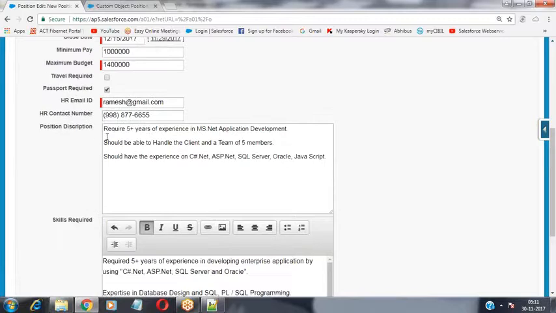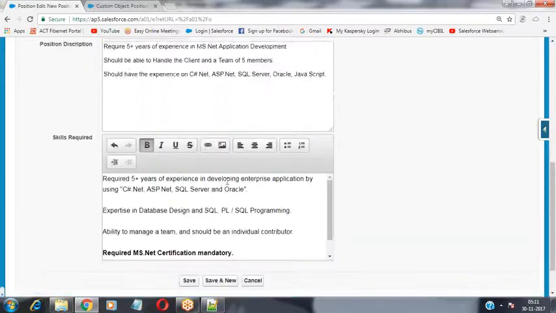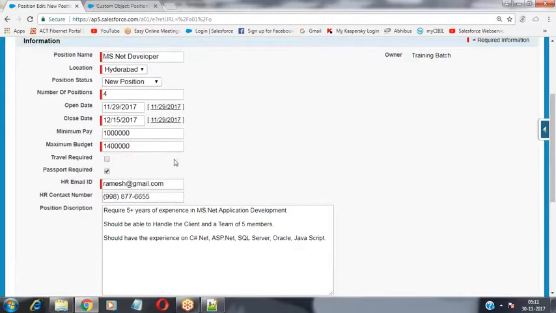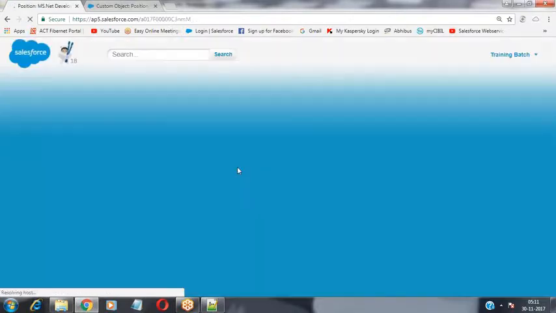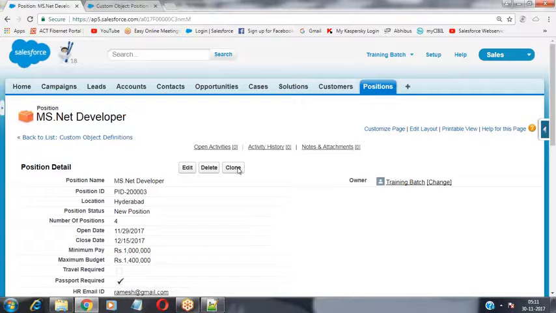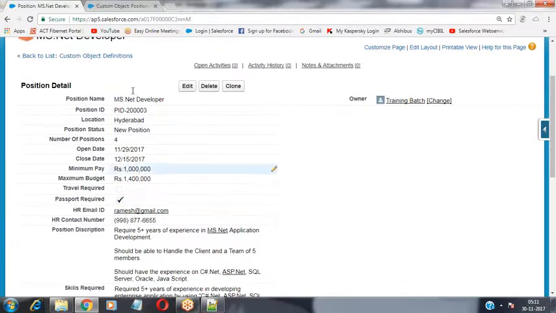I have entered some position description and the skills required over here, and I have stored that whole information. Now click on save. When I click on the save button, it has to create the record. Click on save. The record has been created successfully. This position name is MS.NET developer, and these are the details about the position.